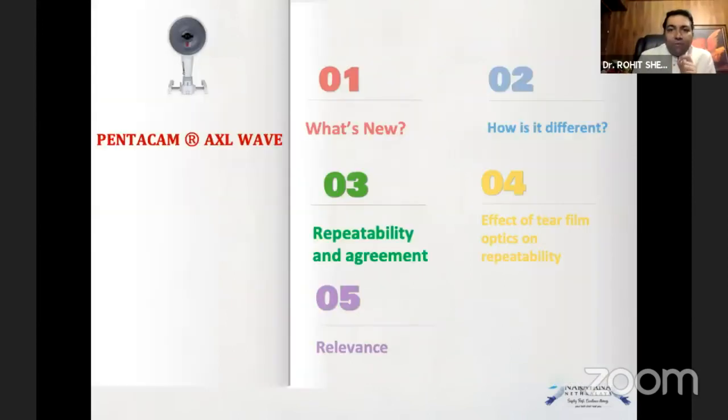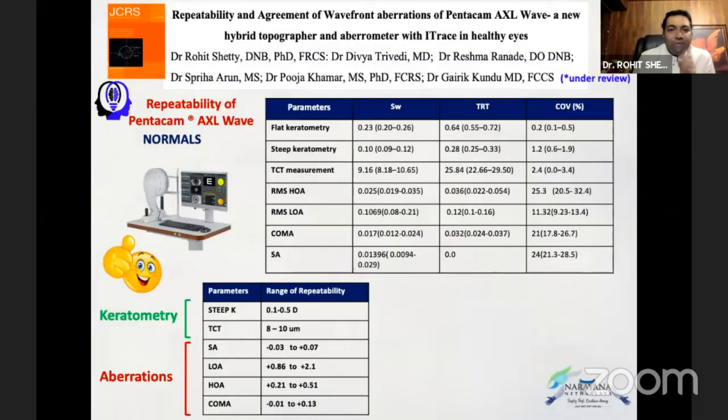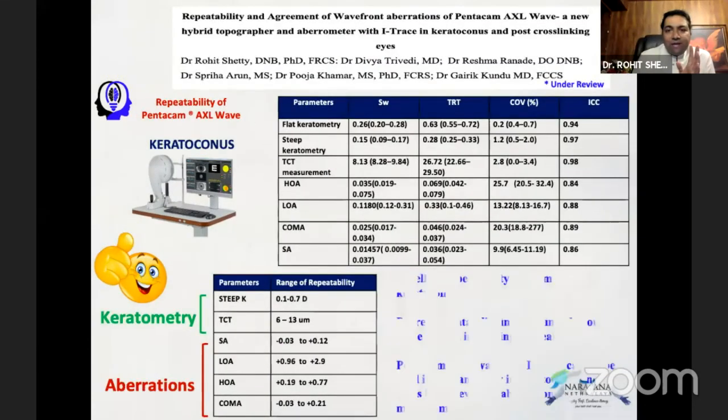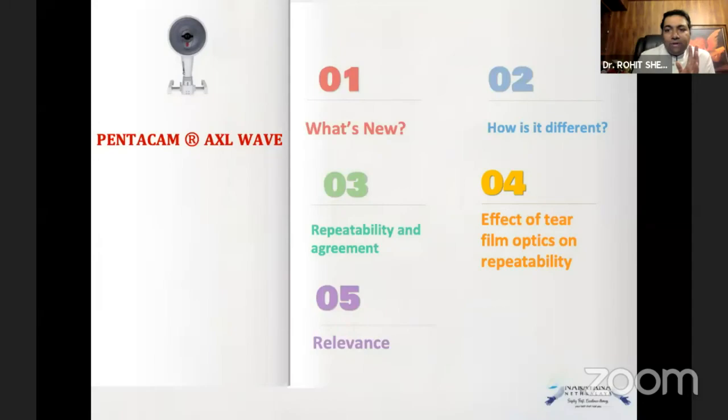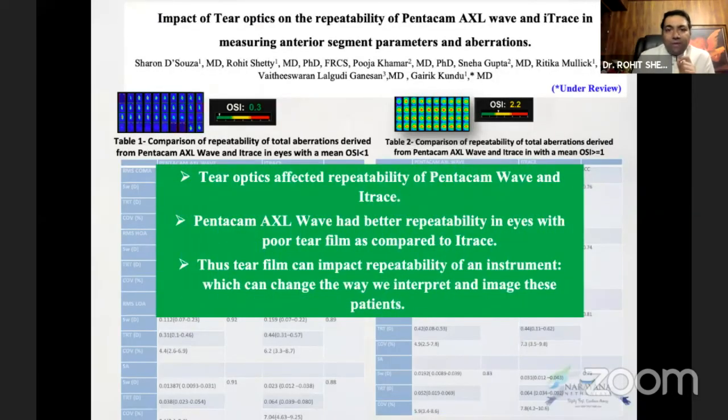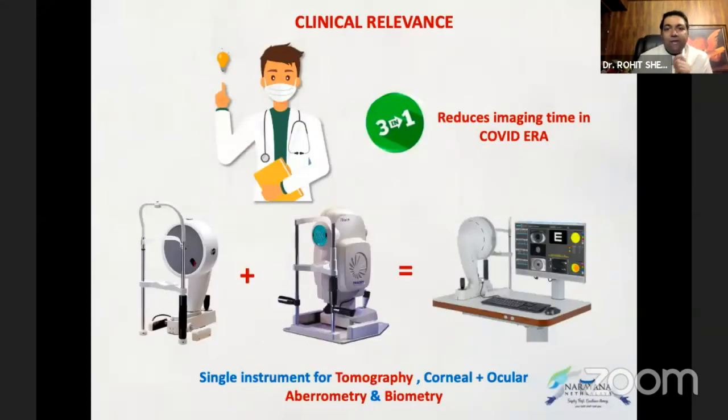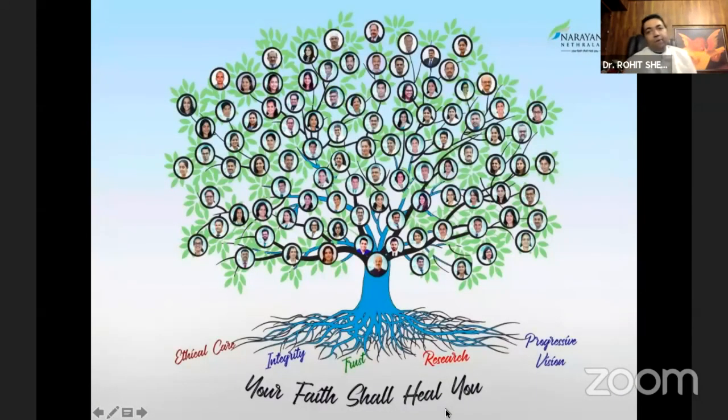So you get everything in one go, and that is how it is completely different. I'm going to skip these slides in the interest of time, because my colleague is going to speak, so I'm not going to go into this. So basically, this is a single instrument which looks at your tomographer, which you all know, the aberration, corneal and ocular, and the biometry. And that's the power of this